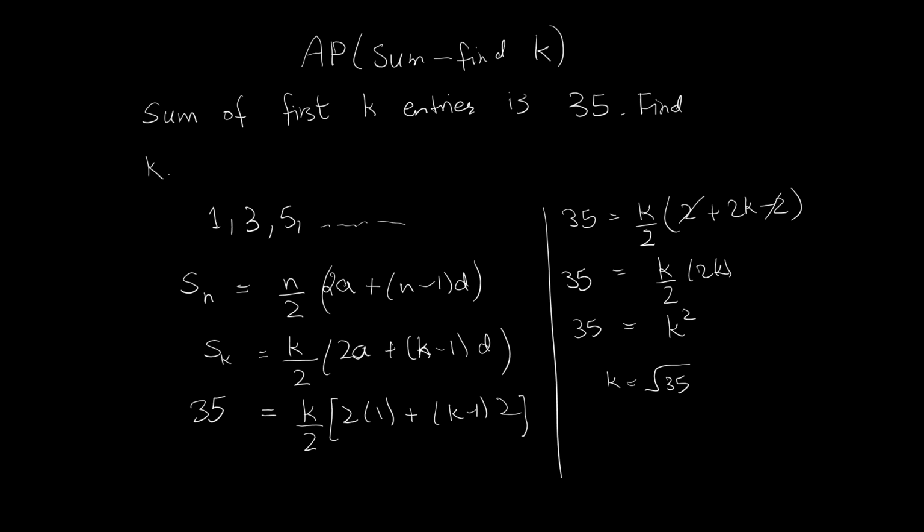Okay, so I must have said that the sum of the first k terms is 25, so that we have a feasible answer here. Hence, if this was 25, you have two possible answers here, plus 5 and minus 5, because of the square, but you know that minus 5 entries does not make any sense. Since k is the number of entries, k should be greater than 0. We'll ignore the negative value, and that means k equals 5. The sum of the first 5 entries is indeed